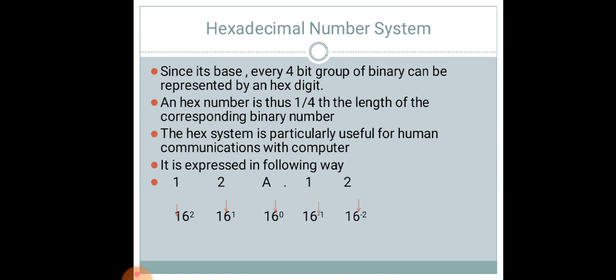So in this lecture we have learned the basic 4 number systems, that is the decimal number system, binary number system, octal number system and hexadecimal number system. The decimal number system up till now you have used everywhere in your day-to-day life for calculation and for mathematical operations. The numbers you are using daily have a base of 10. That's why they are called decimal numbers. And you have learned 3 new number systems: binary, octal and hexadecimal. These number systems are for computer, for machine level language.